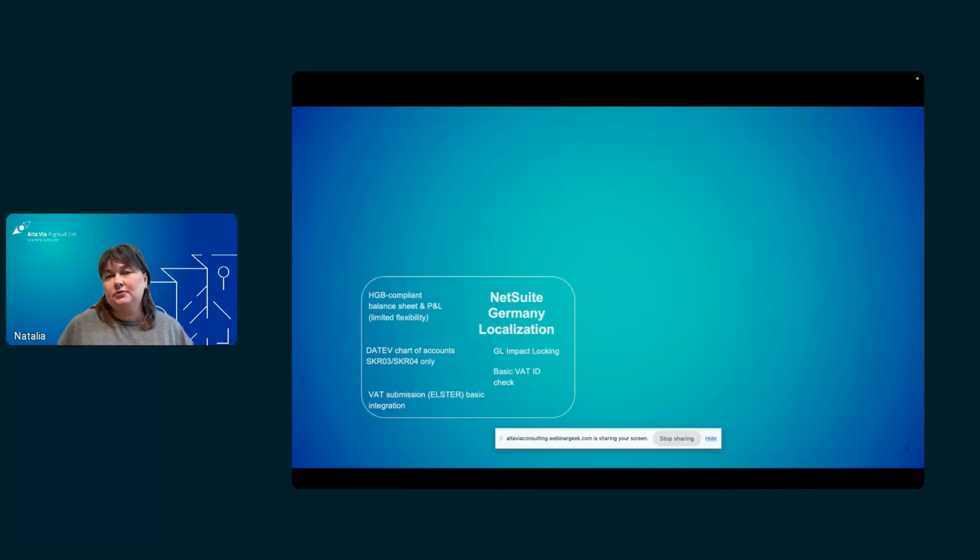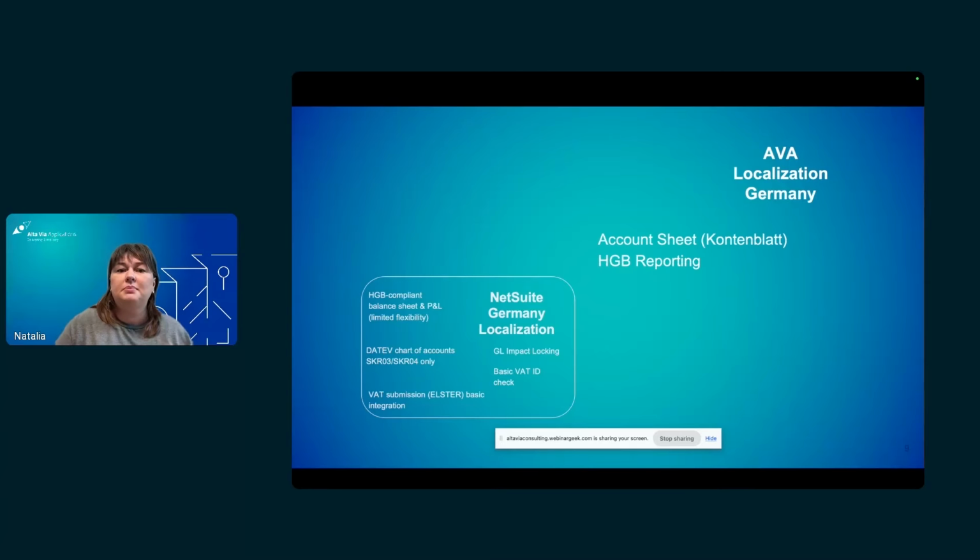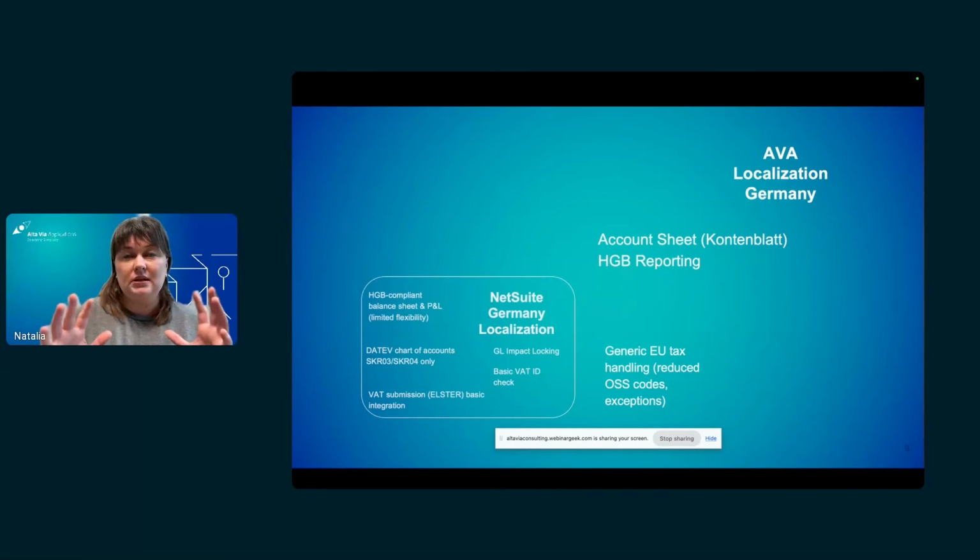It's American software. So what are we doing with our Localization Germany? We're just adding bits and pieces like additional reports, more tailored, customized, easier for you to use. We will speak today also separately about Content Blood. We're giving you an opportunity to use the legacy setup in NetSuite to the full extent for your generic EU tax